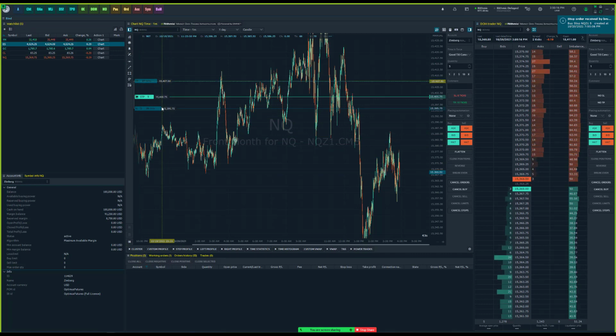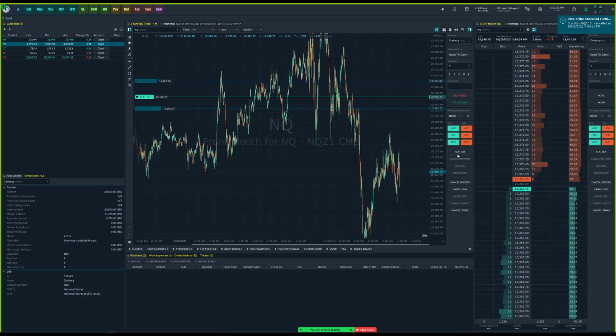And of course, this is a working order. Let me show you what happens in real time with the market order. Now, for managing orders, you do have options, and that's a good segue into that. Right below your order placement buttons on the right-hand side of your chart, you have all these different options for